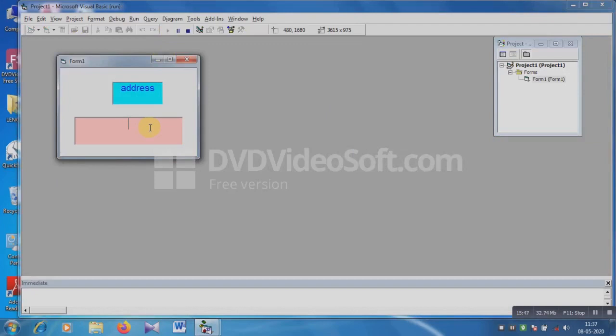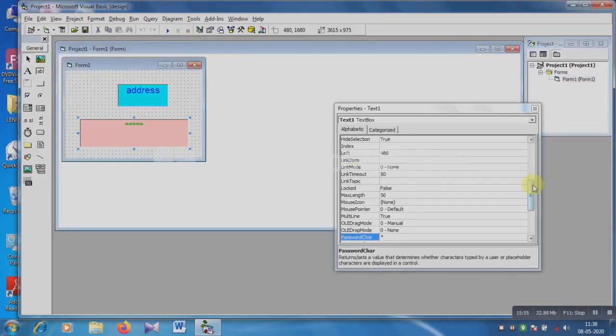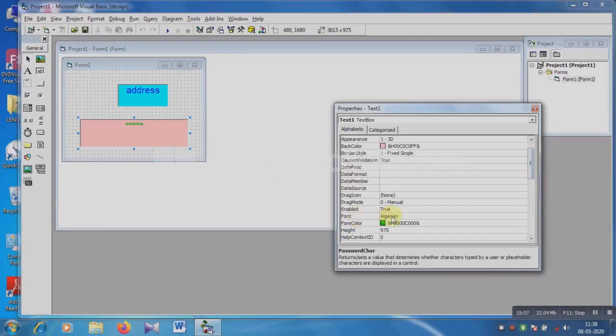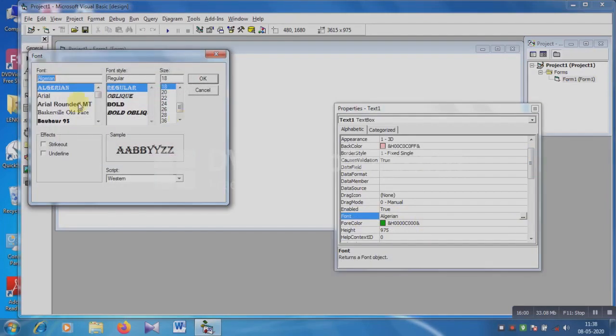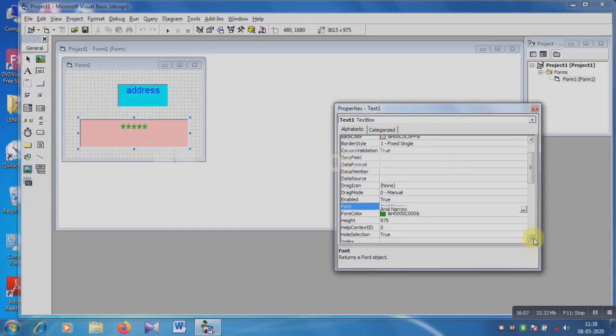Run. When you type, only the star appears. Okay, this is not visible properly. See, star.